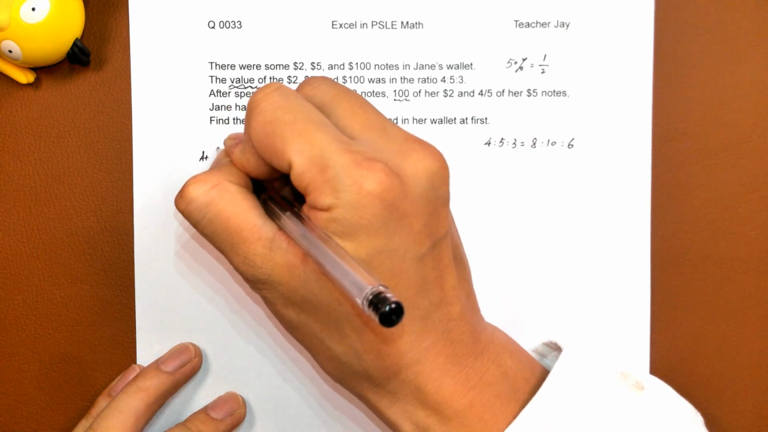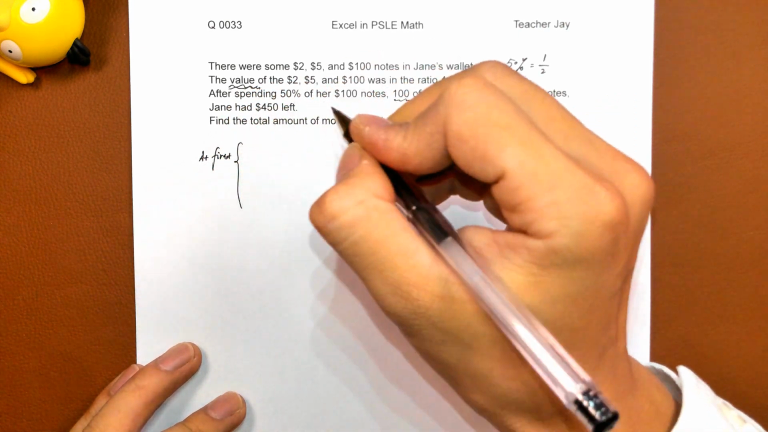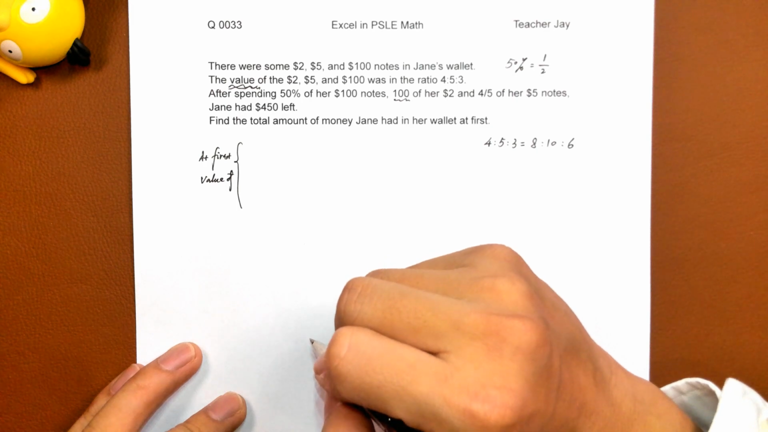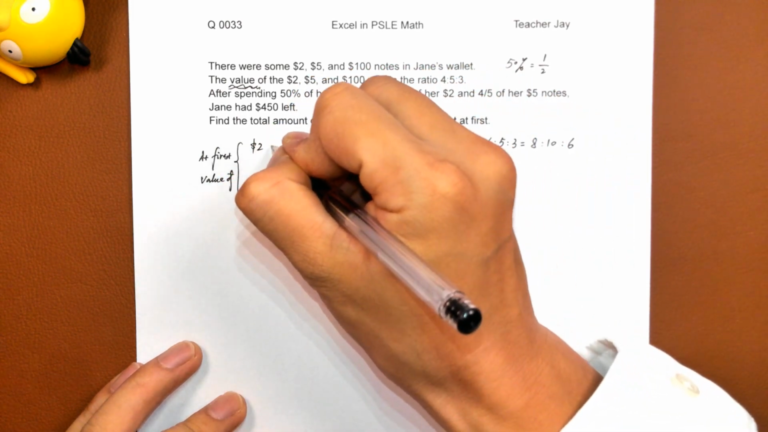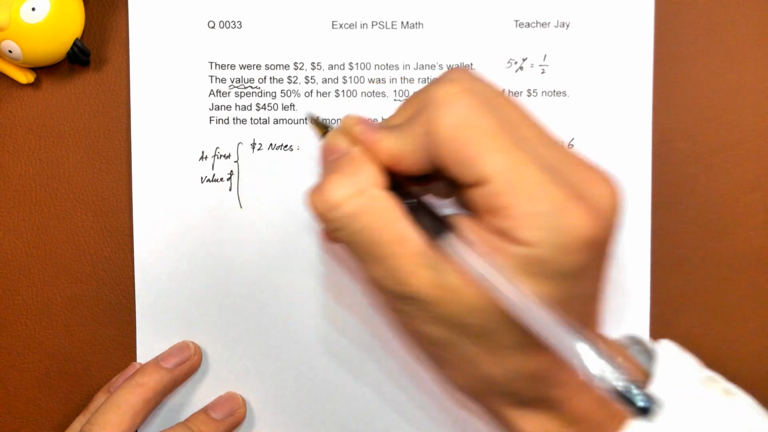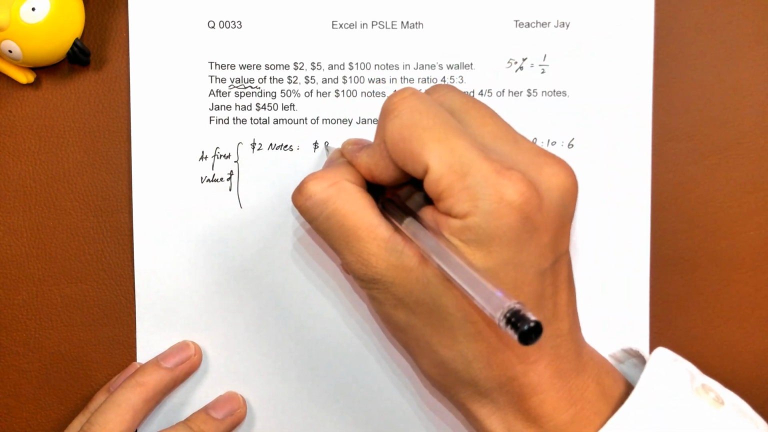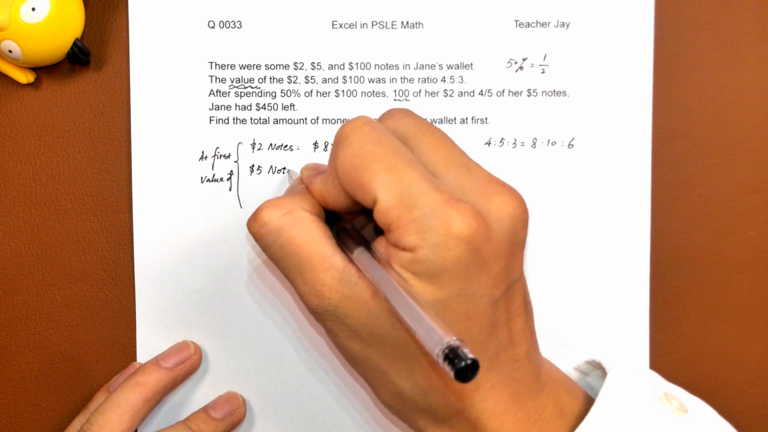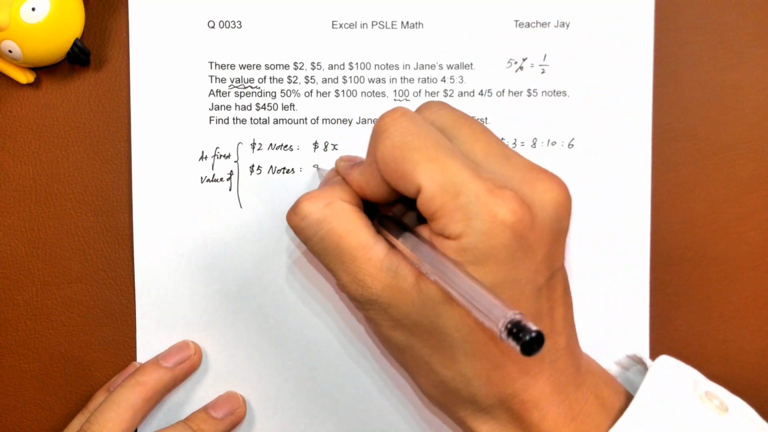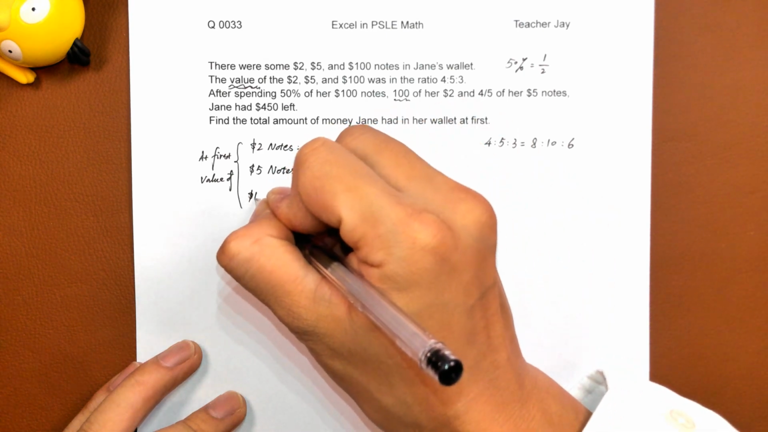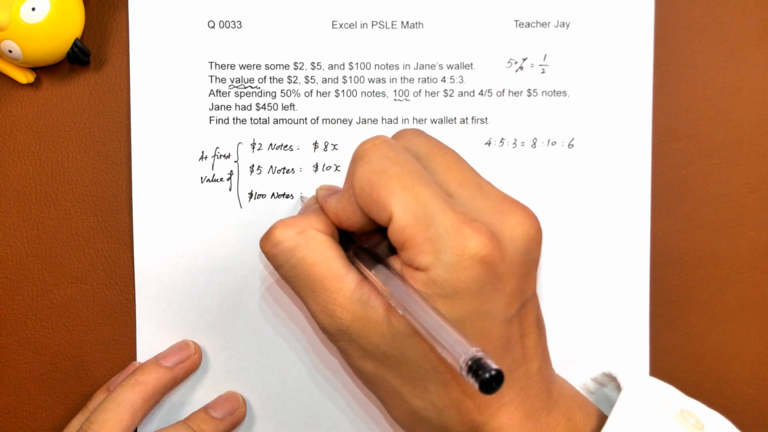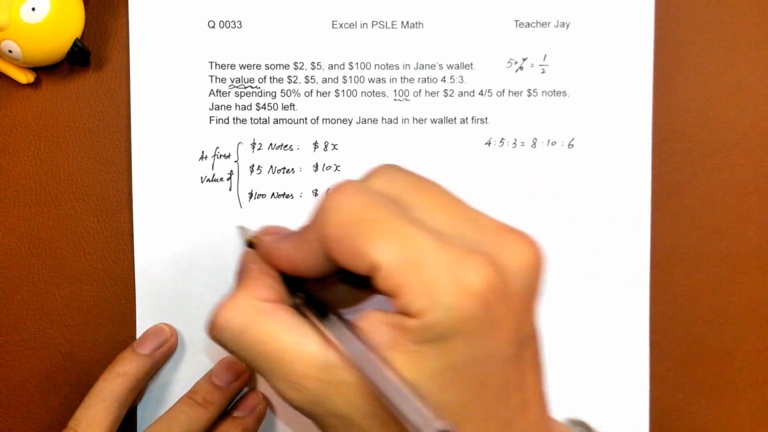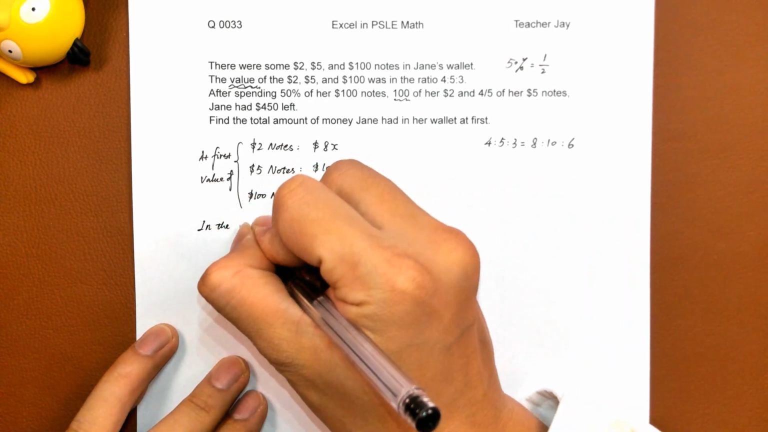So at first, value of $2 notes, 8x, all right, $5 notes, 10x, and of course $100 notes, 6x, all right. And in the end, after spending so much money,